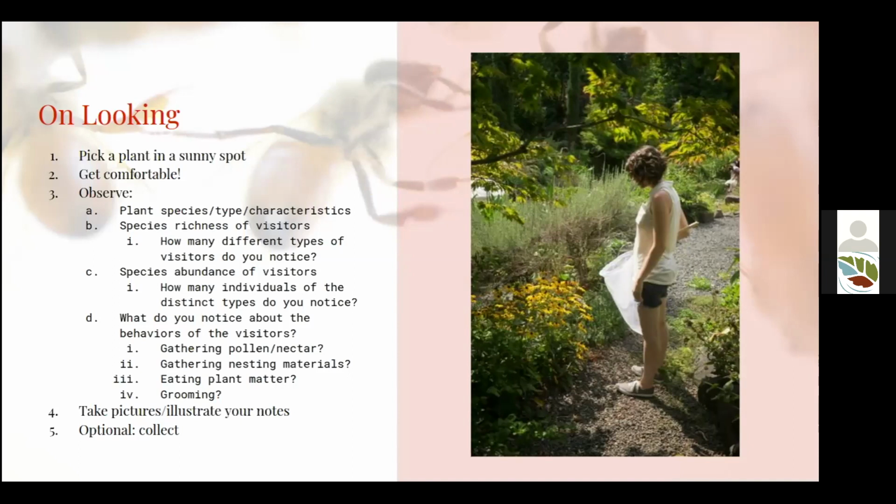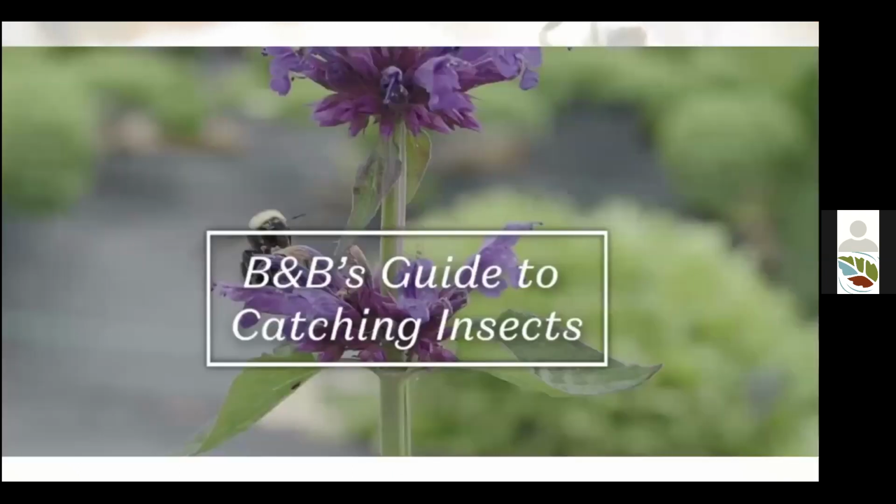For hobbyist appreciation, generally we recommend doing something called a catch and release. So using a net to secure your insect, getting them in a vial and observing them for a short time in that enclosed space. That usually is very helpful for making morphological notes and other observations like that. And then releasing them so they can go back to their nest or to whatever they were doing. And I have a short video to share with you on the process of doing that. And so we'll watch that now.